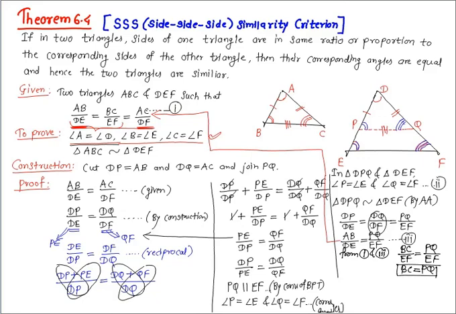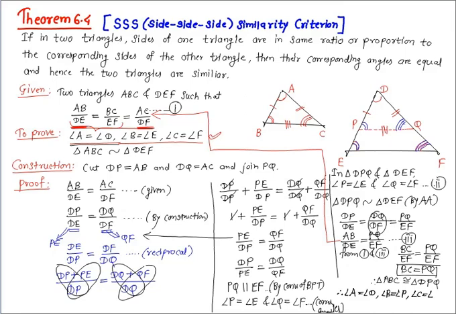Now from construction we know AB equals DP and AC equals DQ. And also we got the third side BC equals PQ. So all the three sides are now equal in triangles ABC and DPQ. So we can say therefore triangle ABC is congruent to triangle DPQ. And therefore angle A is equal to angle D, angle B is equal to angle P, and angle C is equal to